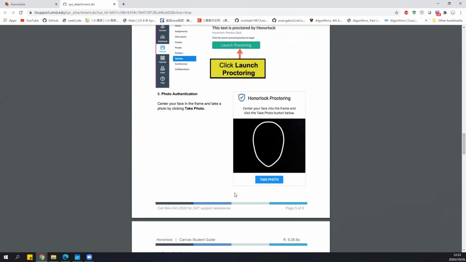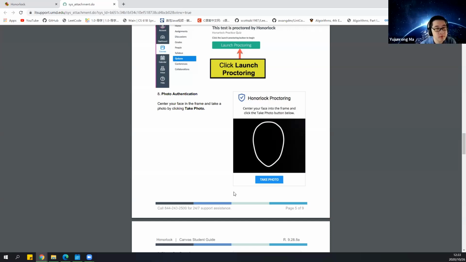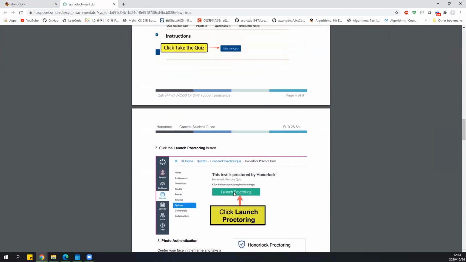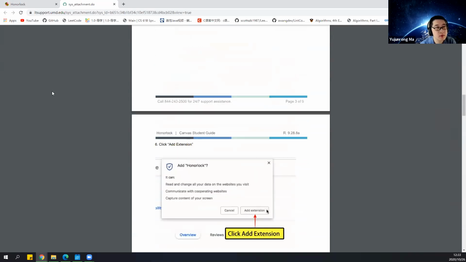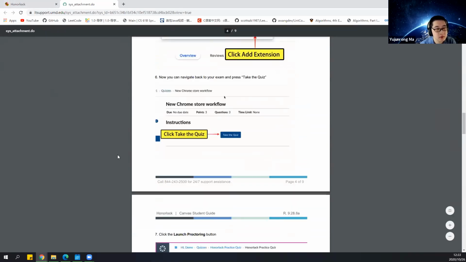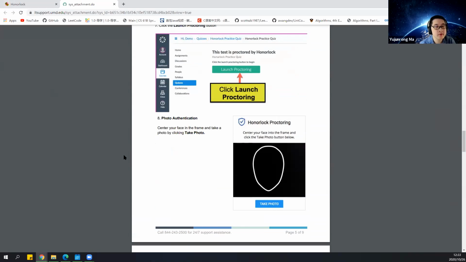I just have a quick question. Yeah, sure. So regarding the room scan, if I'm using my laptop, I would have to use the laptop's webcam to sort of show around the room. Is that it? Yeah, I think that's how it works. Okay. I think I saw a sample of this before. Since we are on the Zoom meeting, I suggest that you do everything,